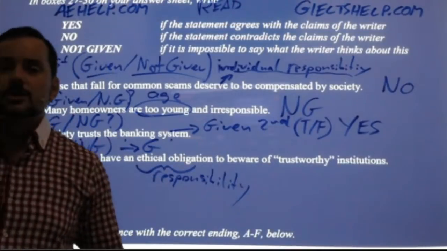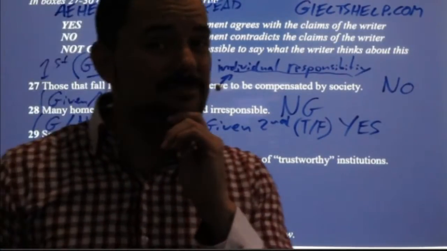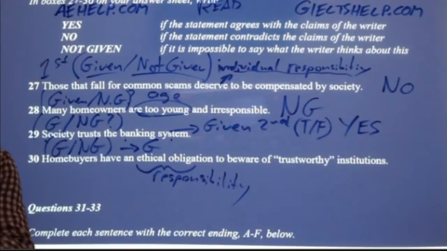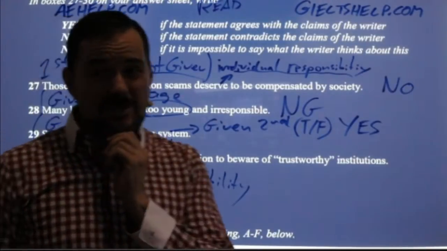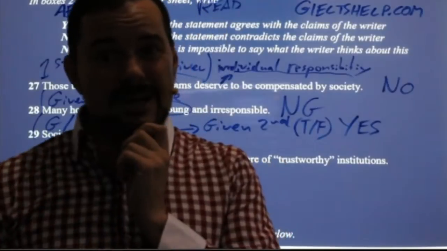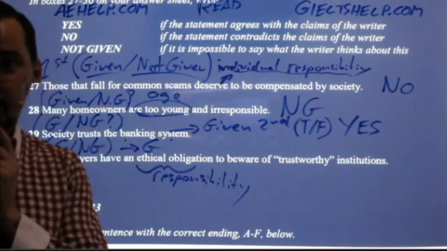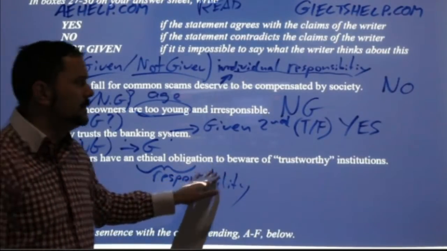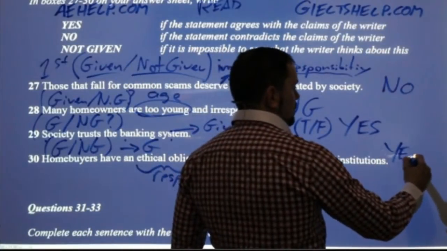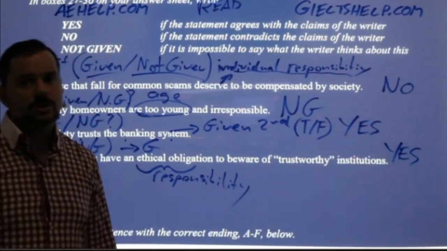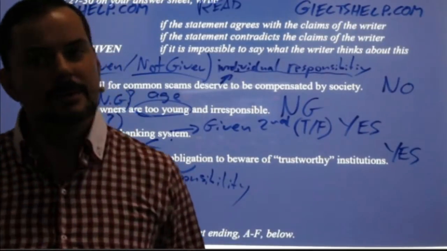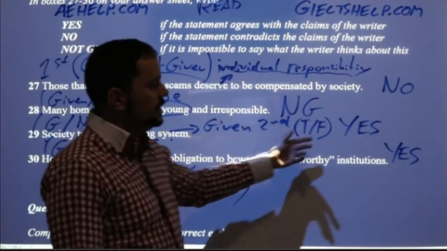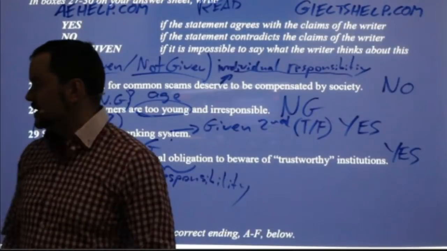Is it true? So should we be kind of like, you're going to give me $1 million even though I can't pay you back? I should be a little bit careful about that, right? You're going to give me a credit card with $20,000 at 20% interest when I can't pay back that interest? I should be a little bit careful. So it's given, right? Is it true? Yeah, absolutely. Right? When a deal seems too good to be true, you should always think about that twice. You should always think, maybe it's not right. Okay? So no, not given, yes, yes. Those are the answers, okay?